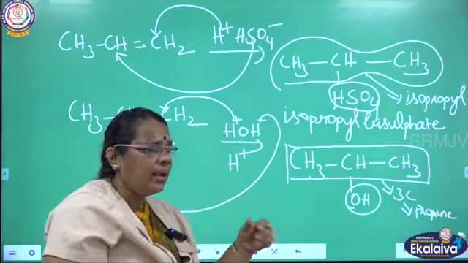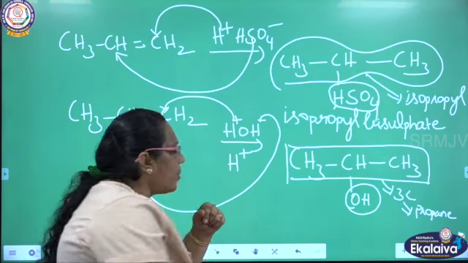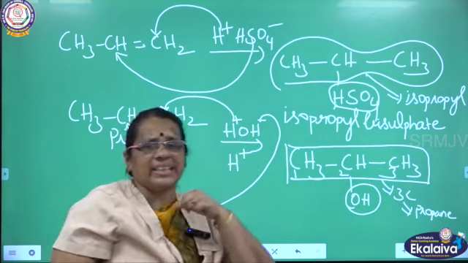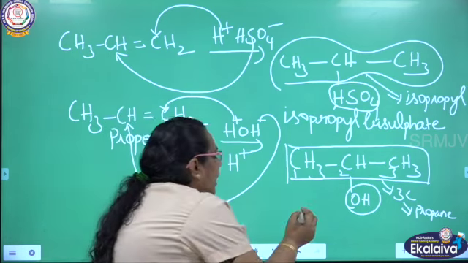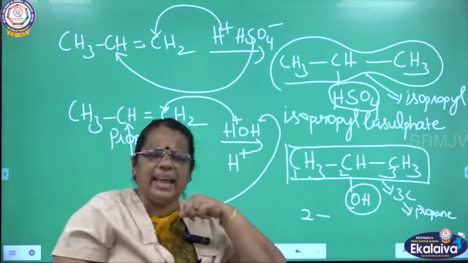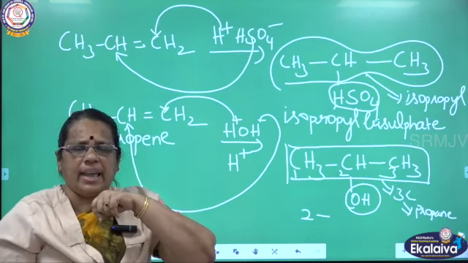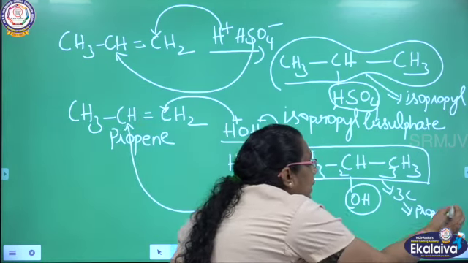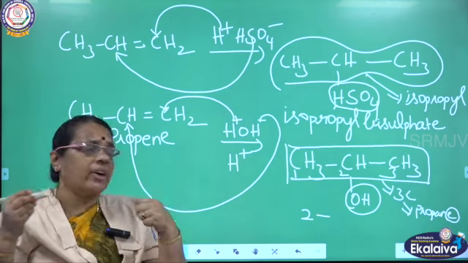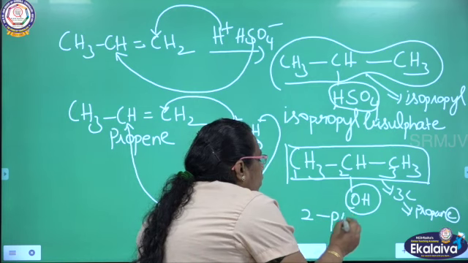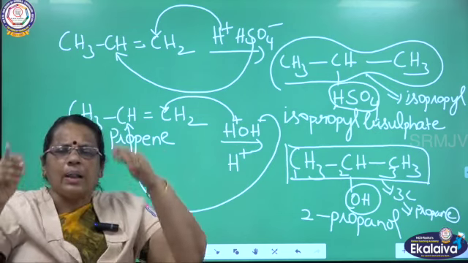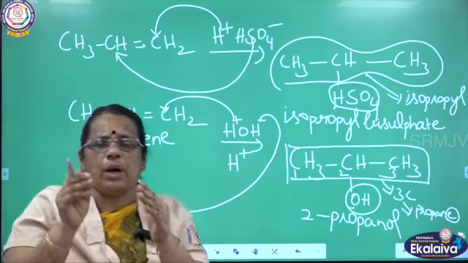Actually, it is an alcohol. It is the functional group of alcohol. What is the position of OH? Number the carbon. Second carbon. To the second carbon, OH is attached. What is the position? 2. Who is the parent here? Propane is the parent. What is the IUPAC ending? For alcohol, OL is the IUPAC ending. So, rub off that terminal E and add OL, which is the IUPAC ending for alcohol. What is the name of this compound? 2-propanol. It becomes 2-propanol.